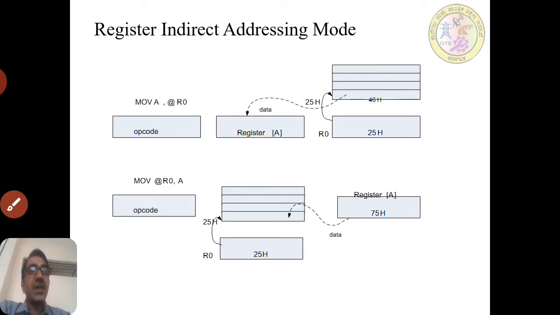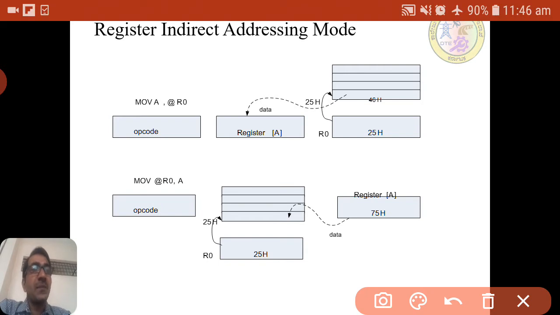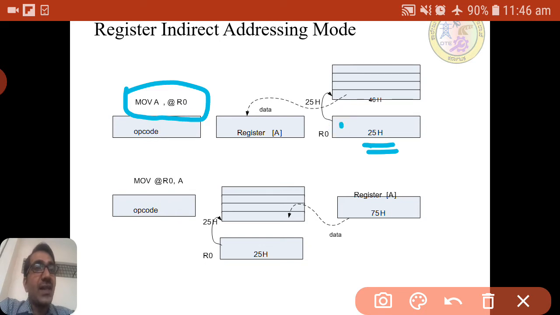Okay, if you see the same example in a diagrammatic way: move A comma @R0. What will happen? R0 will have some value, say 25. So 25 will act as an address. Address means it is pointing to some memory location, so here 25 is pointing to the 25h address.